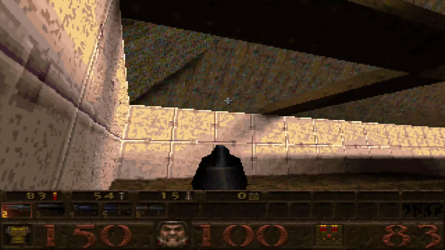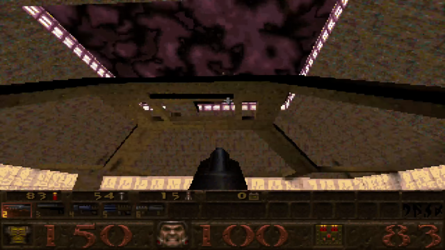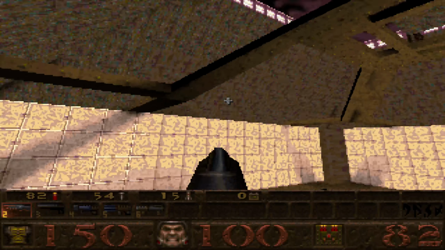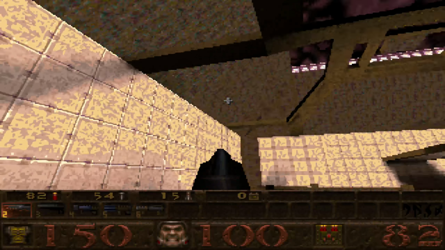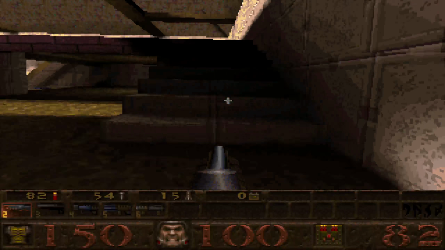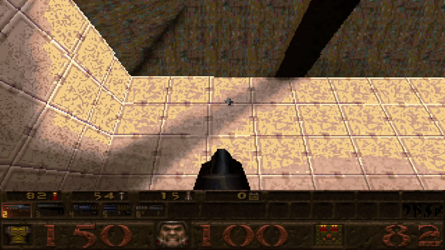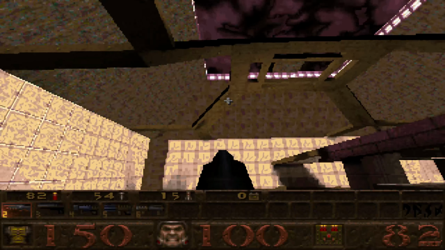Because you would need to see it lower. And I'm trying to think, how would we get this platform to lower? This is why I had to probably look it up before. You might have to look in the level editor to figure it out, because I'm not seeing anything.